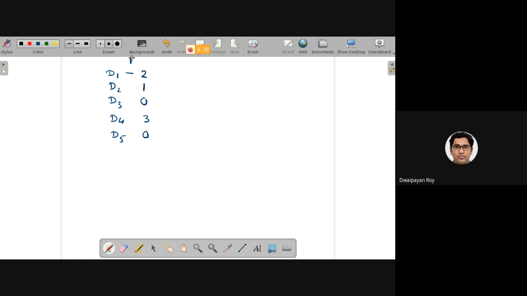This is retrieved by a system M. We need to compute the NDCG at 5 for this system. We need to compute this.